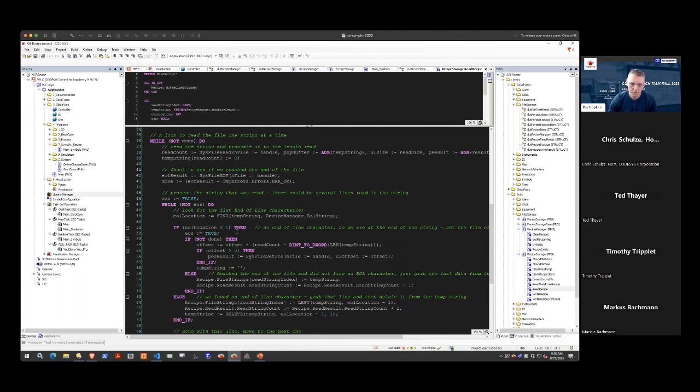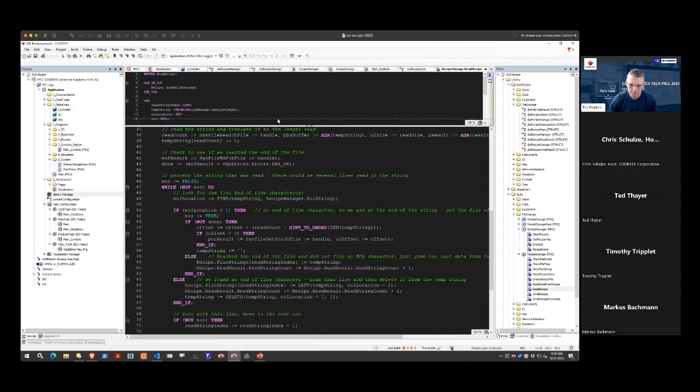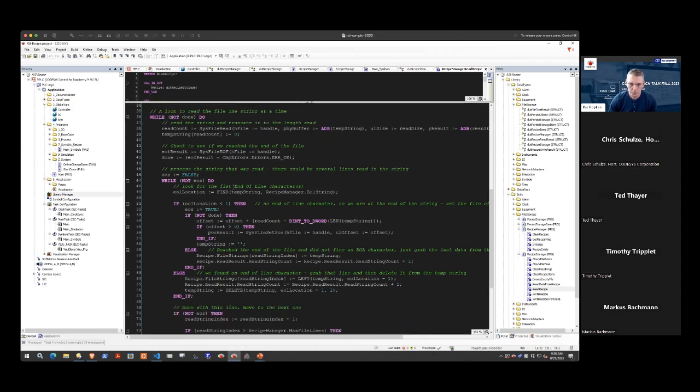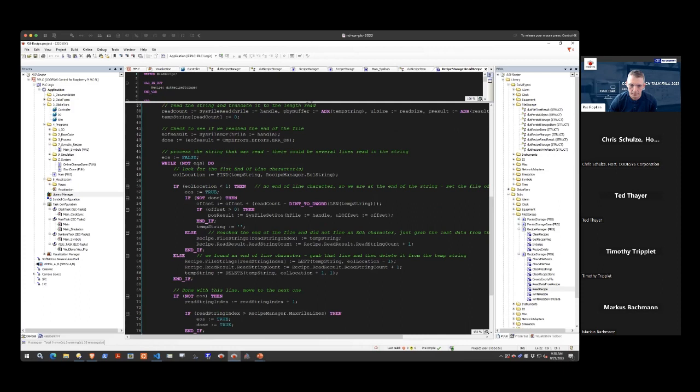So that's what this while loop does, as it goes through the entire file and reads each individual line. You'll see right here, I'm looking for end of string. And end of string just figures out where that end of line is, that line return